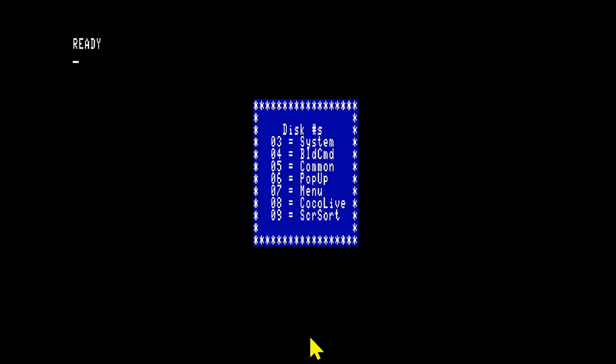The pop-up code, which you're looking at right now, is on disk 6. It has all the code for pop-up on that disk. The menu, which also works with the pop-up, is on 7, and that's kind of it. So that's kind of what we're going to look at here. What else? Okay,